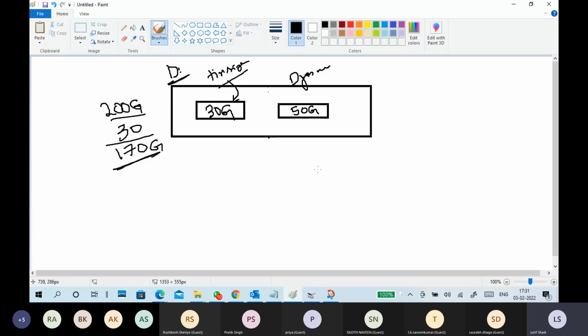Think like this. 50 GB dynamic disk I created. How much free space is available in the D drive? 170 only. Why? Because a dynamic disk won't occupy space when you create the disk. Maybe 4 MB or 132 MB like that only, or 400 or 600 MB maximum. Okay, not more than that, depends upon it.